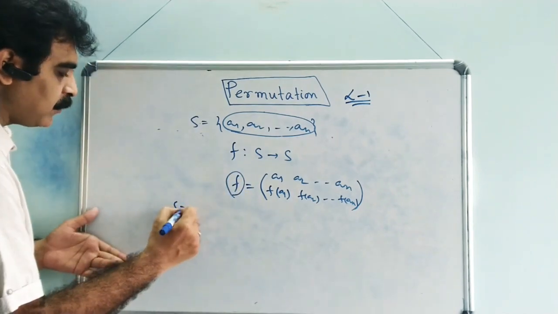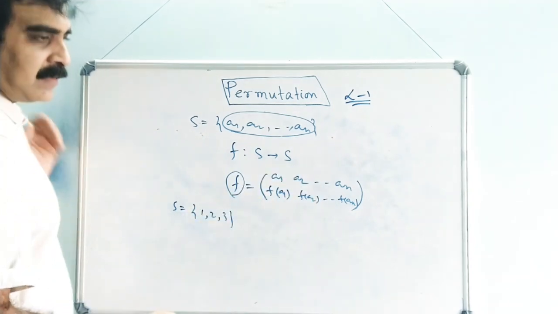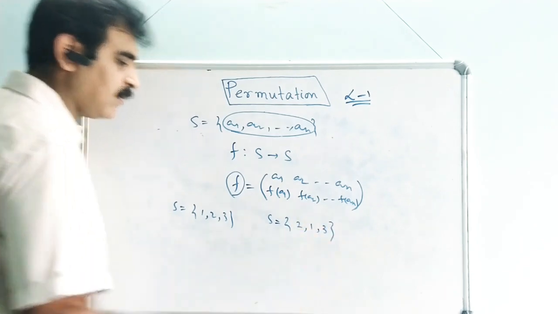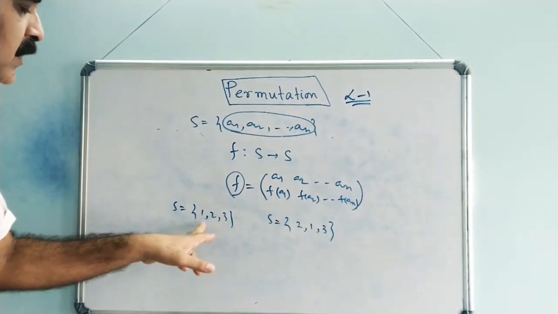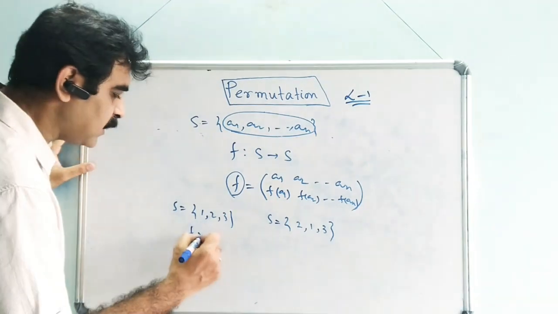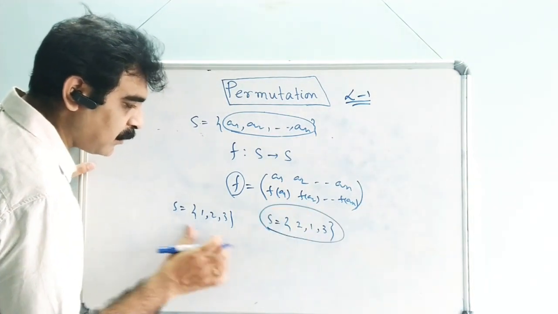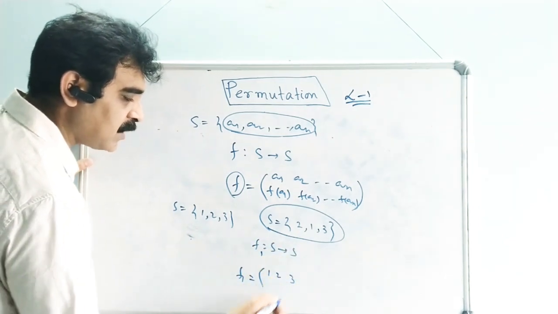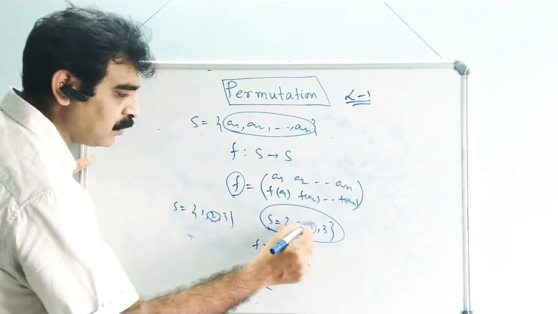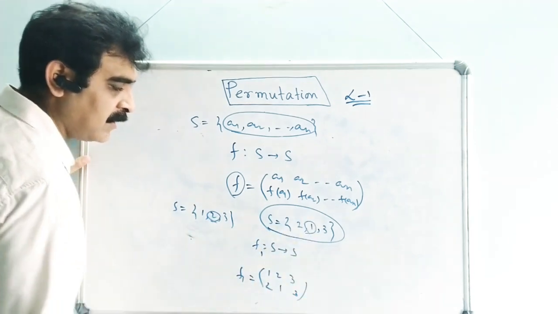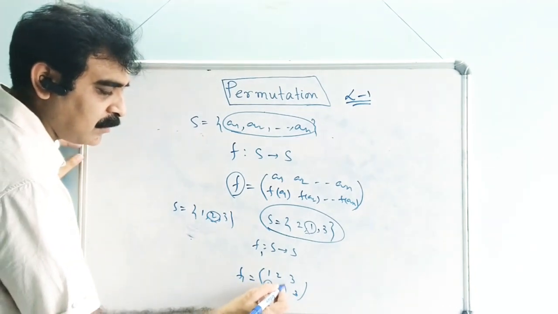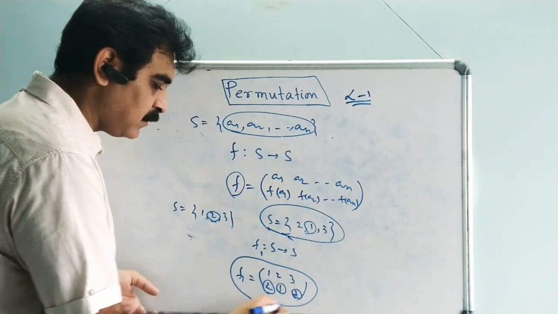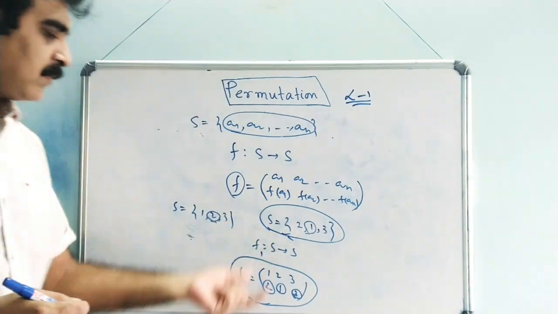As an example, if we take the set 1, 2, 3, which we took in the first part of the lecture, then one permutation of these elements is this. If we consider this permutation as a bijective mapping F1, then F1 maps 1 to 2, 2 to 1, and 3 to 3. That is, we write F1 of 1, F1 of 2, F1 of 3. So we can denote this permutation by this notation.